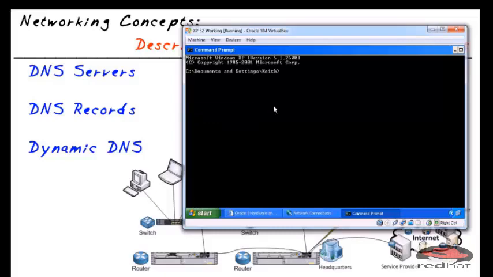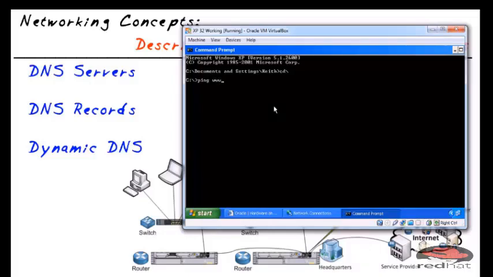And one way of testing DNS is this. We could type in ping. Now the ping utility uses ICMP, and it sends out a packet saying hi, an echo request, and the reply comes back, hopefully, that says yes, there's reachability. We could do a ping www.cbtnuggets.com